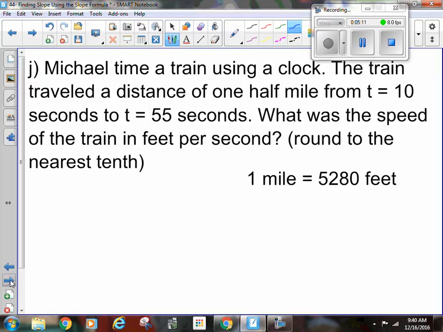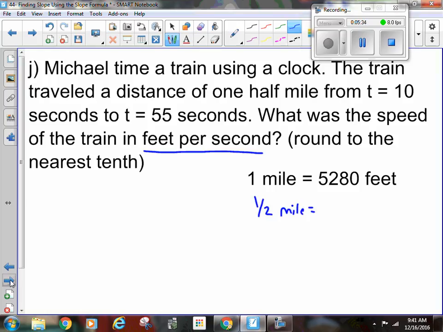Okay, Michael timed a train using a clock. The train traveled a distance of 1/2 mile from t equals 10 seconds to t equals 55 seconds. What was the speed of the train in feet per second? Round to the nearest tenth. Okay, so we want 1/2 a mile, and a mile in feet is 5,280. So 1/2 a mile,